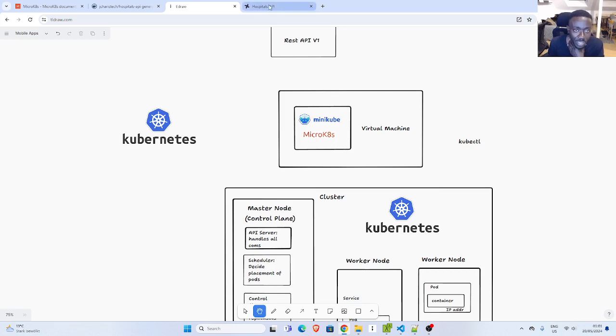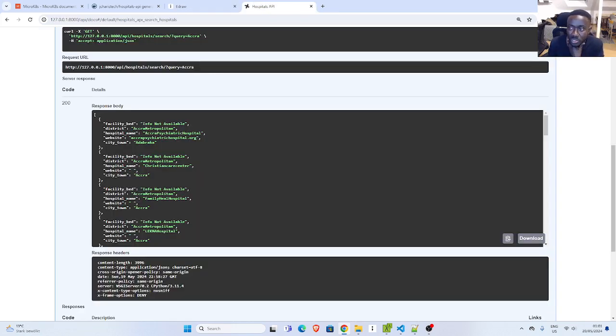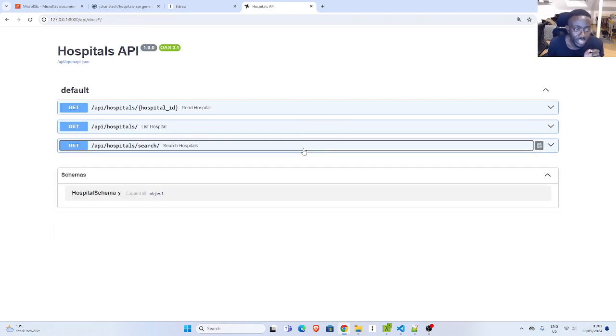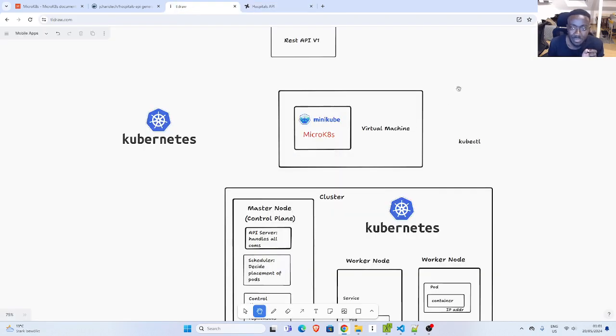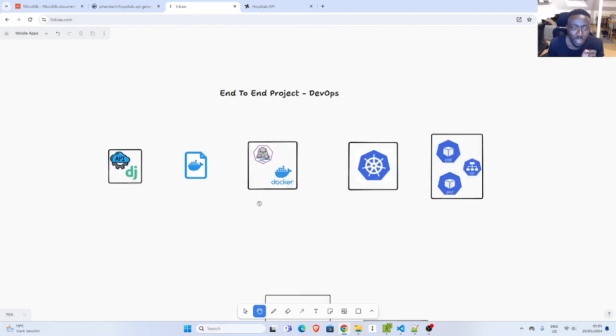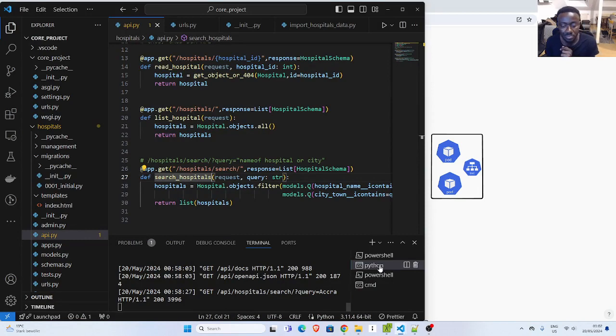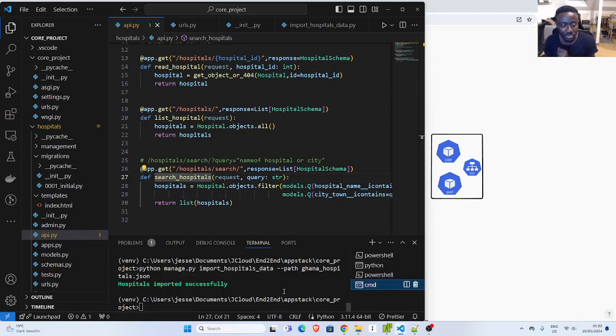So you have already built an application, which is here, and it is running. What I want to do is containerize this, which is going to be our first step. I'll containerize it and put it inside a Docker image, and then we will provision from here. So let's do that. I'll go back to my endpoint, which we're running. As you can see, everything is working as expected. I'll come back here